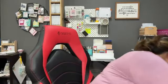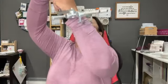Okay, so let's get crafty. Oh, I just realized I forgot to hang up my post. So while I'm doing that, I just wanted to remind everybody that this week we are doing Snowy Wonder. And Snowy Wonder is my feature stamp set for Stamp-A-Stack, which is on November 16th. I still have room for 2 people in person, but if you'd like to also just create on your own time and you have all the stuff,